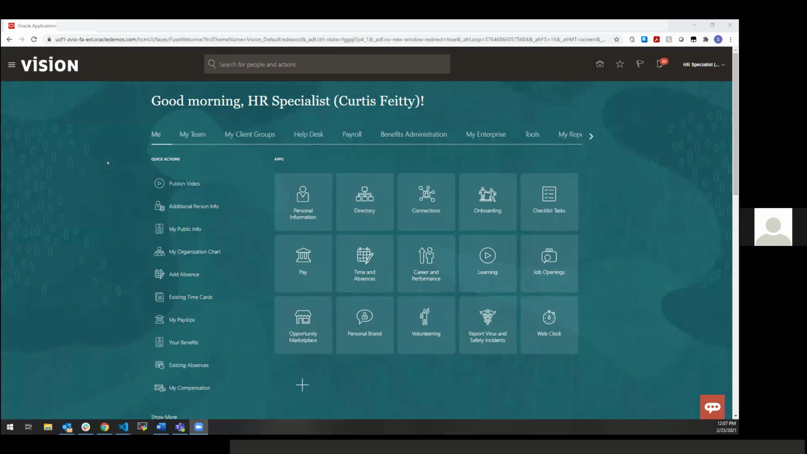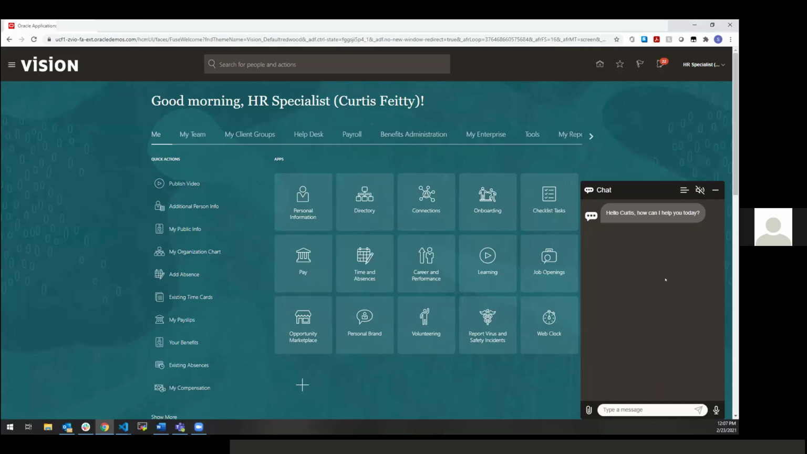Hello, everybody. For those familiar with the HCM application, you'll find yourself familiar with this homepage. But if you haven't seen it in a while, you'll notice something new, and that's this chat icon in the bottom right. And that, of course, is our chatbot. You'll notice when I open it, it says, "Hello, Curtis,"